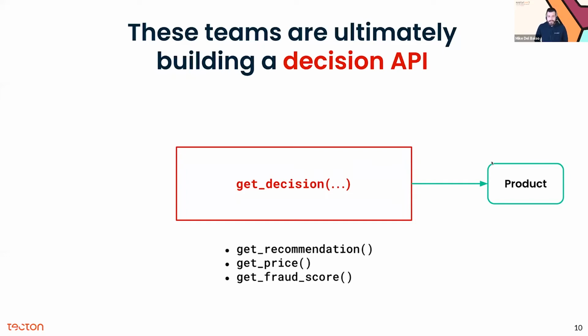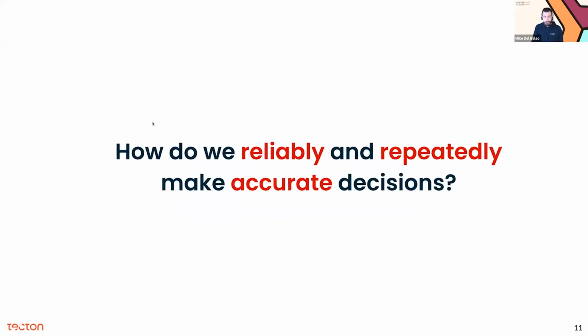How is this different than other machine learning use cases? Well, we're focusing on ML infused products, and that means we're making these decisions repeatedly, right? This is not just analyzing a document one-off or doing a one-off scoring type of thing. For every user that comes to the website, we need to score them today, tomorrow, and forever. So how do we reliably and repeatedly make accurate decisions? That's the key challenge here, and that's what all of the MLOps stuff is about: doing this reliably and repeatedly and keeping it accurate.